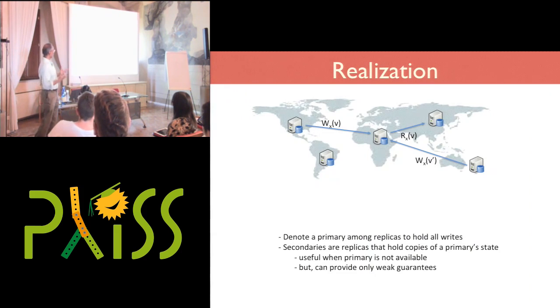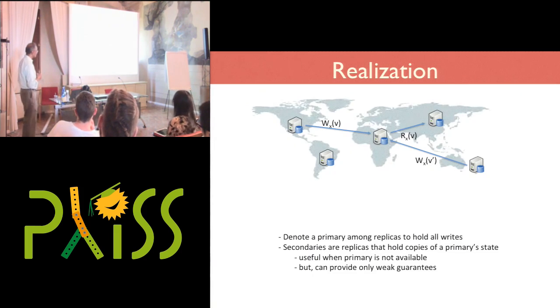And more importantly, we've sort of defeated the whole point of having replicas and distribution in the first place, because everything now is sort of funneling through to a single server sitting somewhere else. What happens when that server goes down, or there's network traffic, or all the other things that happen in a realistic distributed system? So what we would like is to avoid having a single source of all the data, because that's not what we want. We really do want replicas of data. We want to be able to have multiple places that we can go to get the data that we want. But at the same time, we want to be able to rationalize how the writes are taking place.